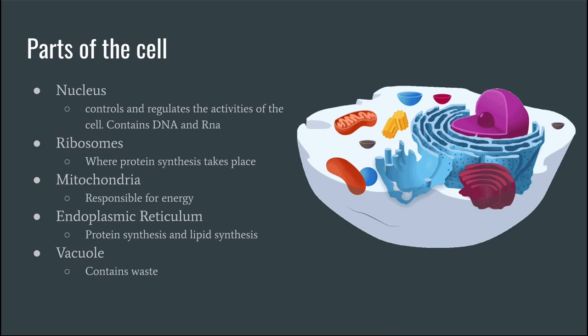So for mitochondria, it is responsible for energy. You hear a lot, mitochondria is the powerhouse of the cell. So it's a powerhouse because things couldn't run without energy. So mitochondria provides that. Next is the endoplasmic reticulum. Protein synthesis and lipid synthesis is done here. And for the vacuole, it contains waste